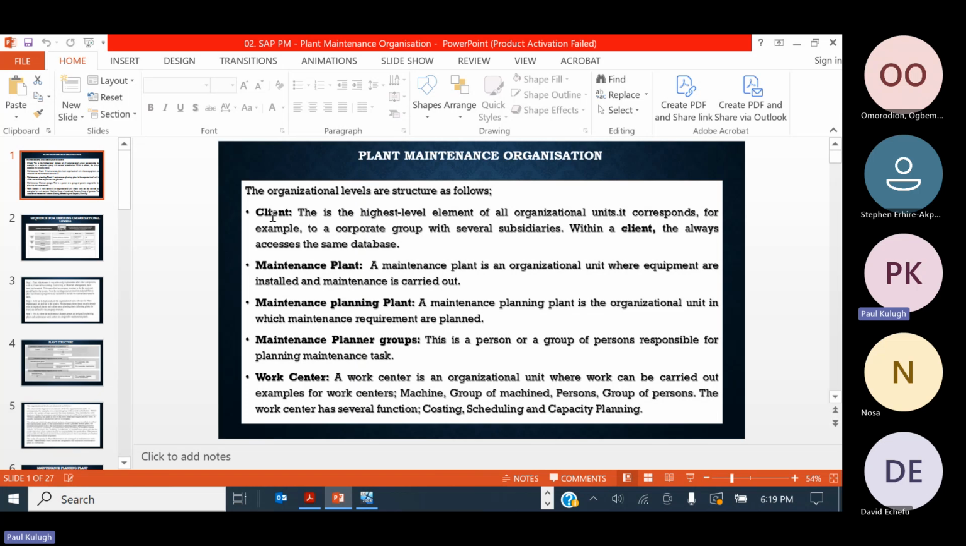The client can also be referred to as the database ID, because when you are logging in, you are logging into a particular database. So that database key or ID is represented by that client code. So that's why when you log in, you are only able to see the